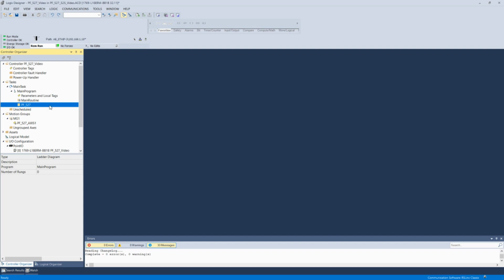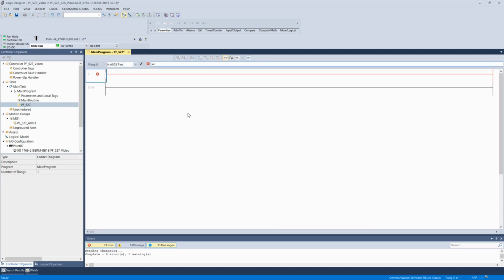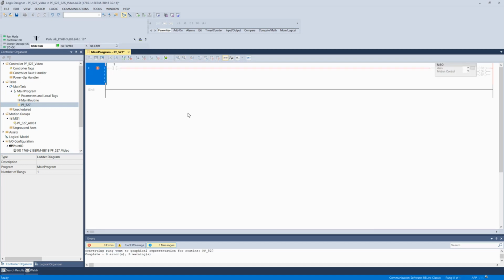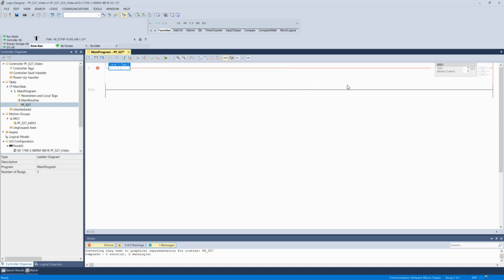Okay, with our new routine added, I'm going to dive right in, and on our first rung, we're going to add an examine if closed and a motion axis on, or MSO, command. Motion axes have to be turned on before they can undertake instructions such as motion axis move or motion axis jog. So this first rung is going to let us do that, and our normally open is going to be associated with a digital input on our PLC, digital input 2, which itself is being controlled by a 2-position switch